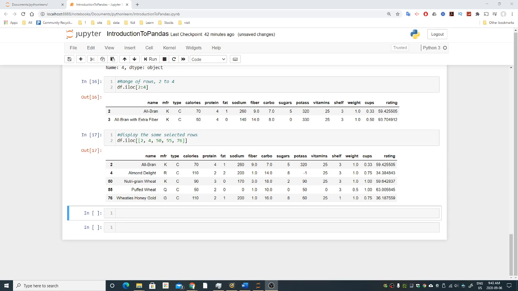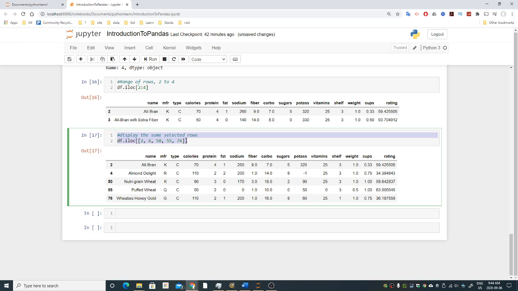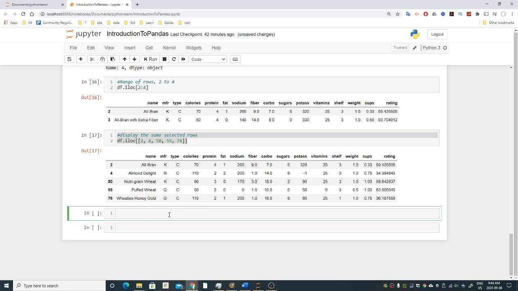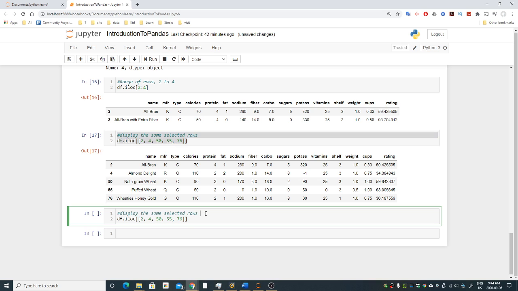Hi, and now we have seen how to display some selected rows. In more real-life cases, we also need to select some columns as well. So let's see, if we want to further filter this data, that's pretty straightforward. We have some selected rows here, and then if I want to select some columns,